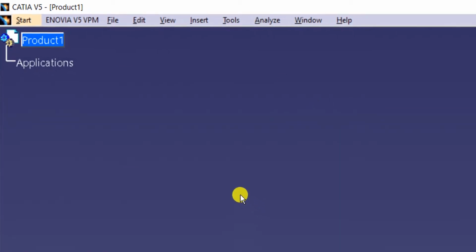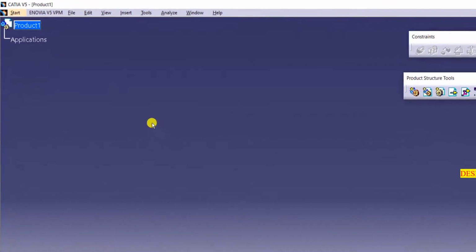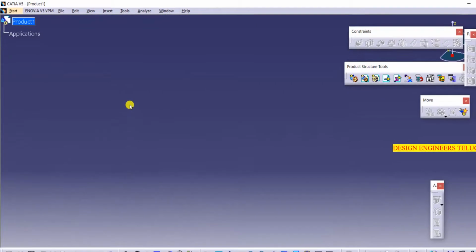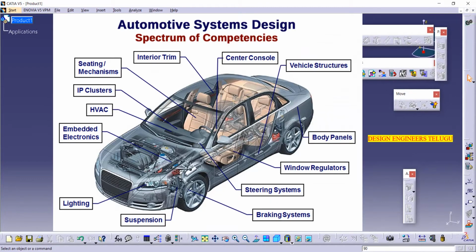Generally, the purpose of assembly is to combine different components from the different modules. Suppose, for example, you take a car. In a car we can see the engine, the body, the tires, the electrical system. Like that we have different types of components. All the parts we can't create in a single module.